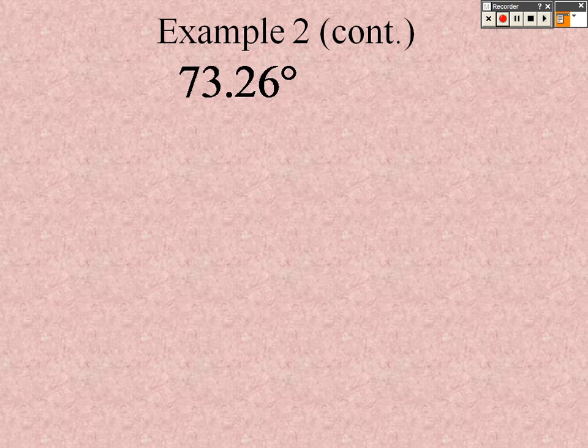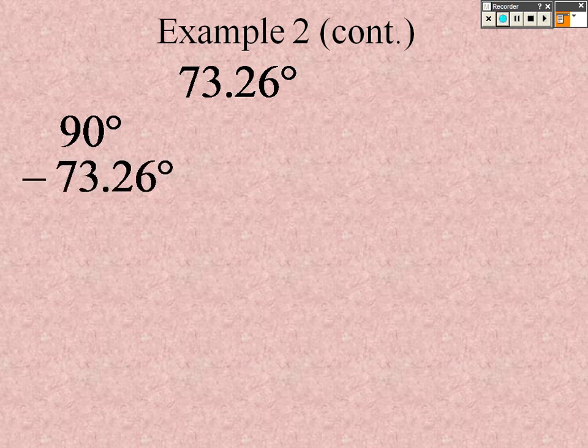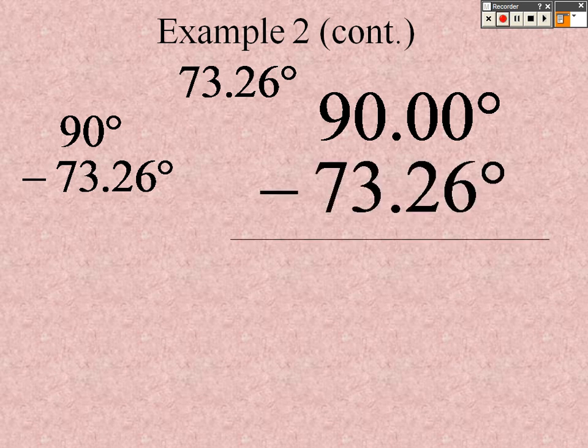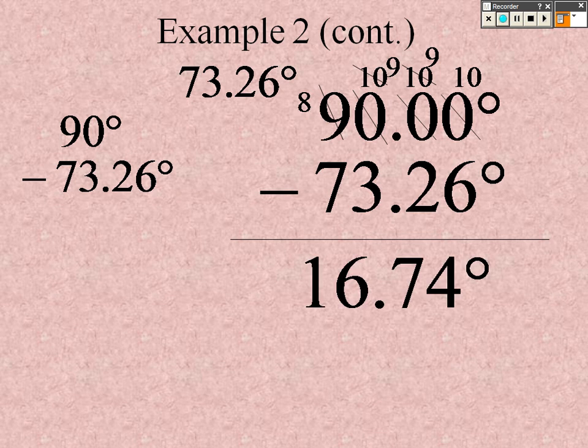Okay, decimals are simpler. We don't have to rewrite anything. 90 degrees, I can just write as 90.00 minus 73.26. So this is just like subtraction in general. That becomes an 8. That becomes a 10. I got to take that 9 away, making this a 10. I take a 1 away, making that a 9, making this a 10, and now I can subtract. So that's a 4, a 7, a 6, and a 1. So 16.74 degrees. Much, much simpler